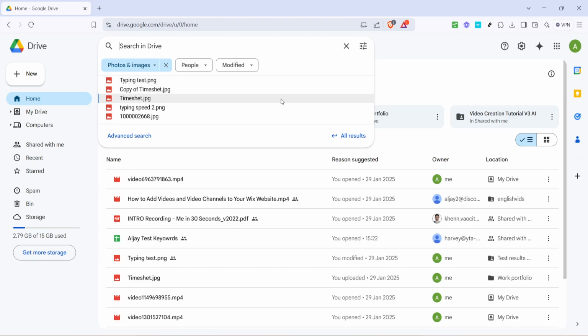And there you have it. By using these steps, you should now see all the uploaded photos and images that are stored in your Google Drive account right there on your screen. This filter is a handy way to ensure that all your visual media is accounted for and is accessible when you need it. Remember, keeping your files organized can save you so much time in the long run, so make sure to make use of these search features whenever you need them.